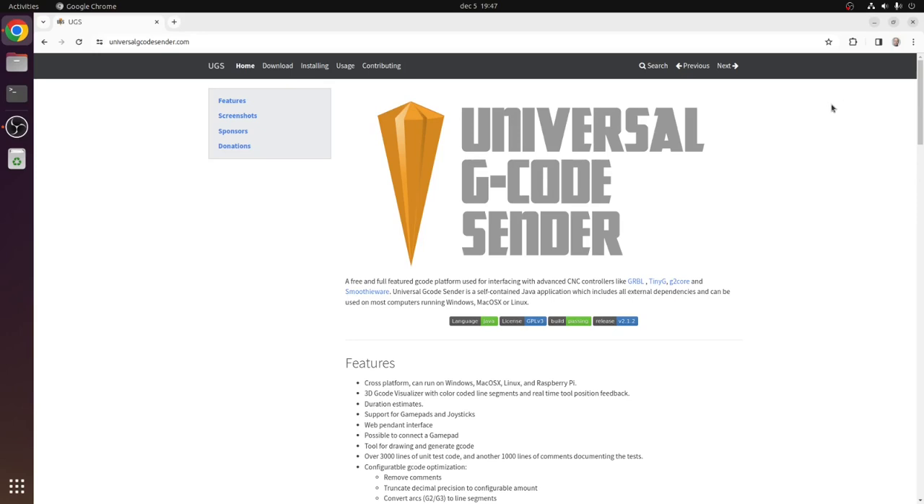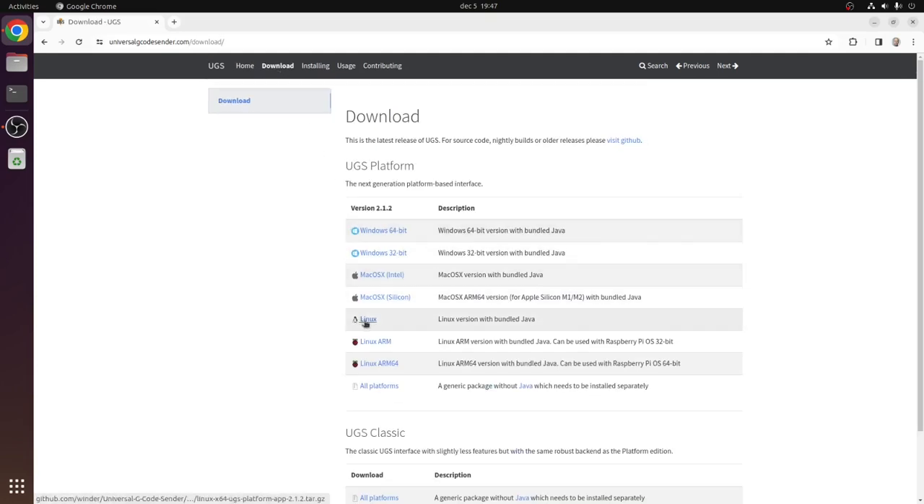This is a quick tutorial on how to install Universal G-Code Sender on Linux. So to get started, head over to universalgcodesender.com, go to download, choose the Linux package,